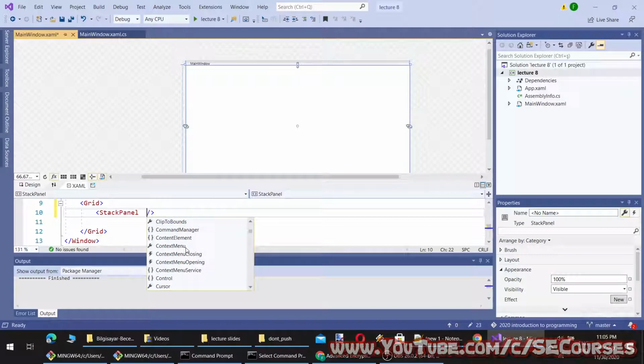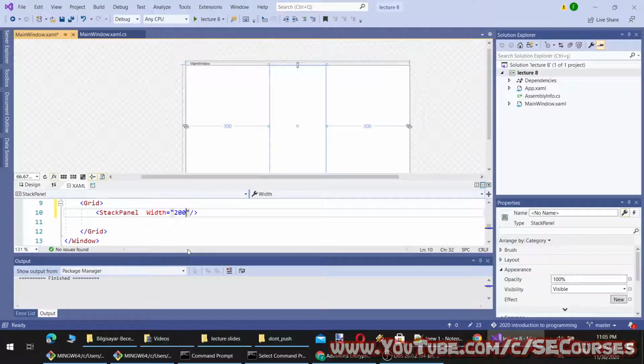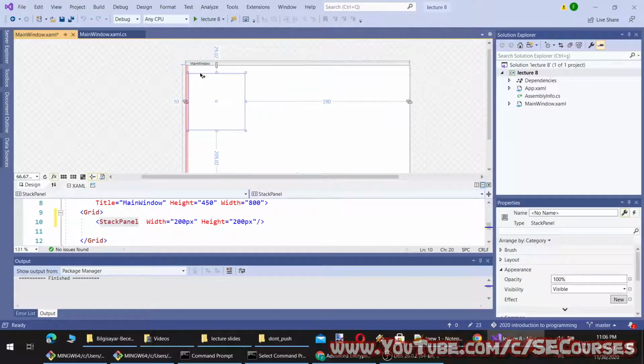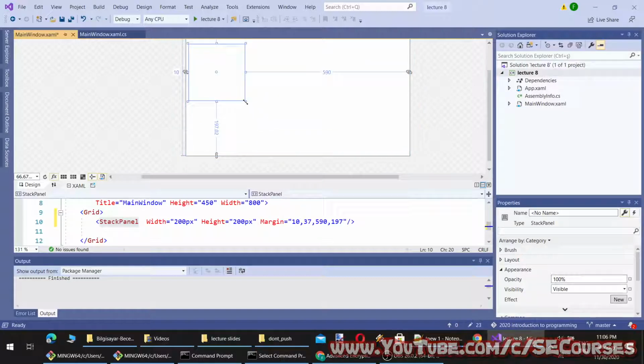So let's check its properties. I think there's width, let's say 200 pixel, and height, let's say 200 pixel again. Okay. So you see the panel is now visible like this. I have added width and height. I am going to move it like this.